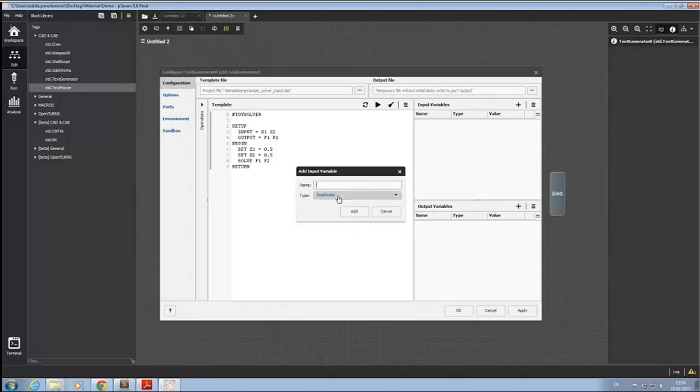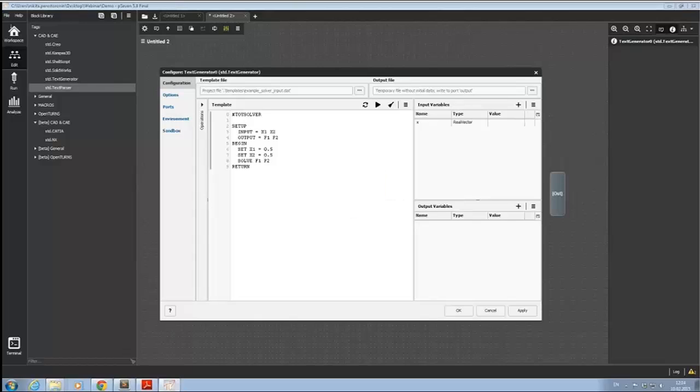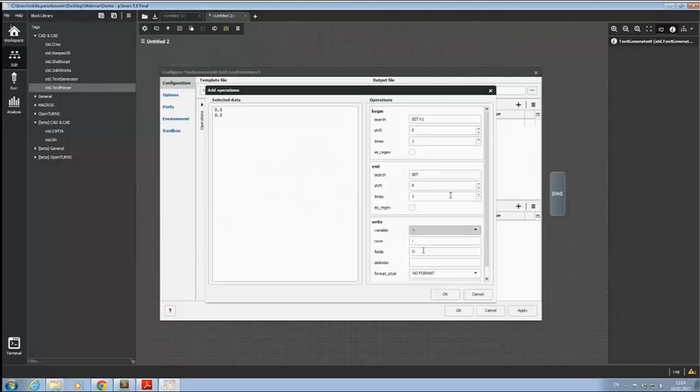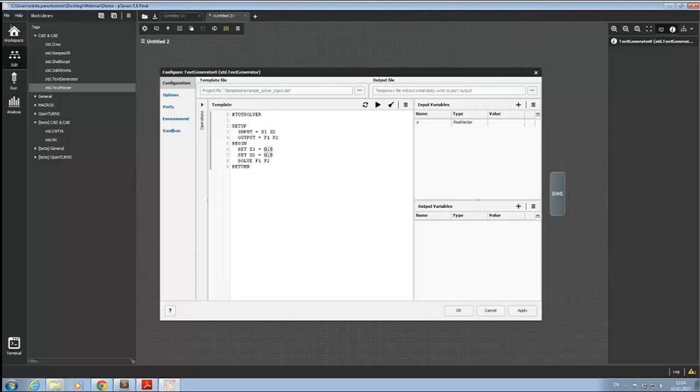So we create this input port. It will have vector type, with name X. And then we just select what we want to substitute and where in the template. We select it. It uses some heuristic and generates operations, which are rules for searching and writing to the template. We press OK, and now we can